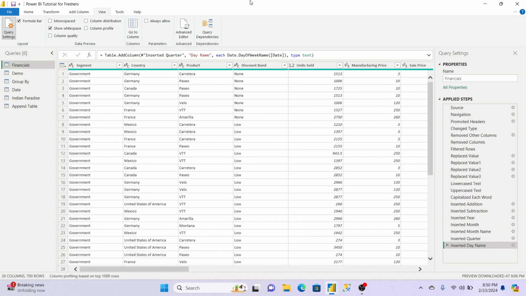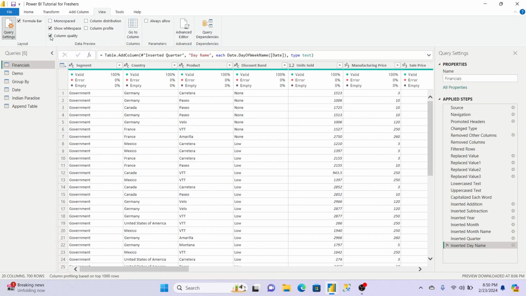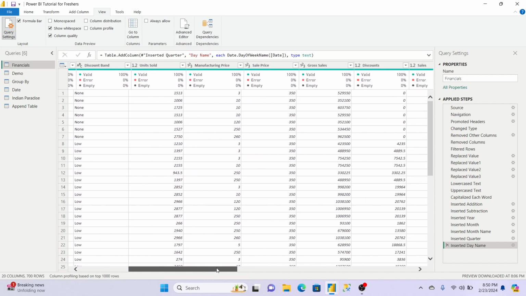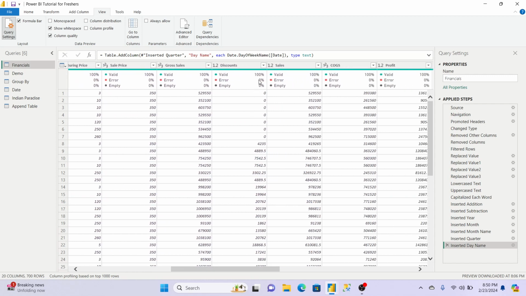So now the most important thing, the last thing I am going to explain to you, is data profiling. Data profiling has 3 to 4 options in it. First is column quality, distribution, and profile. Column quality is checking the health of a column. Just click here and it will show how much is valid, how many errors are there in the column, and emptiness of the column. All the rows and columns here are proper, they are 100% valid, no errors are there, so it is showing 0.